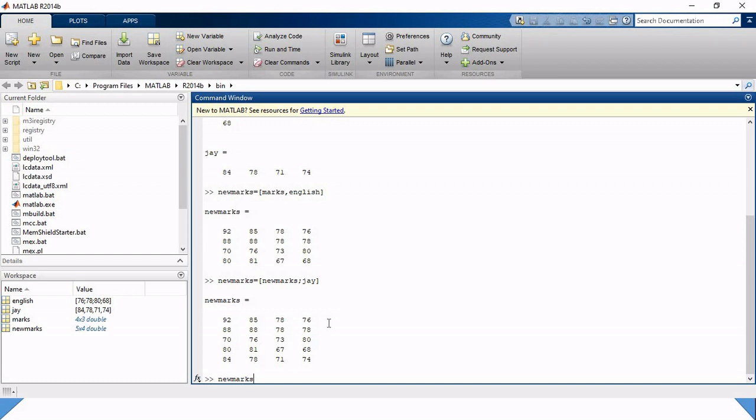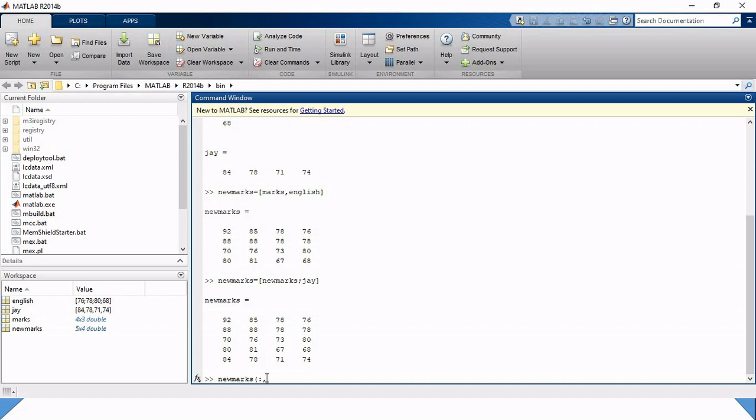So right now we are going to write new marks. Now all the elements of the 4th column, and the rows are 1, 2, 3, 4 and 5. So rows 1 to 5 and the 4th column. So we are going to write the colon symbol. It is going to take the rows first, that is all the rows. If we only put the colon it is okay, or we can also put 1 colon 5.